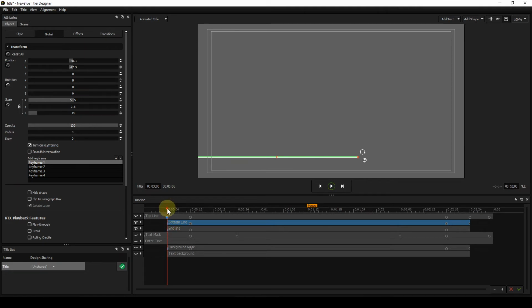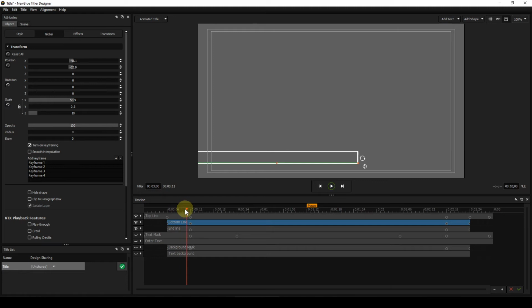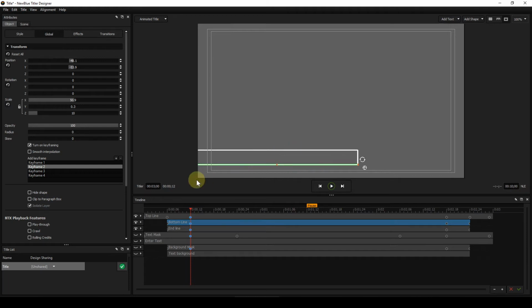Then you move the cursor to where you want the transition to stop. Extend or move the bottom line to where you need it to be, which is a mirror image of the top line. And that will automatically generate a keyframe there. Similarly for the end line,